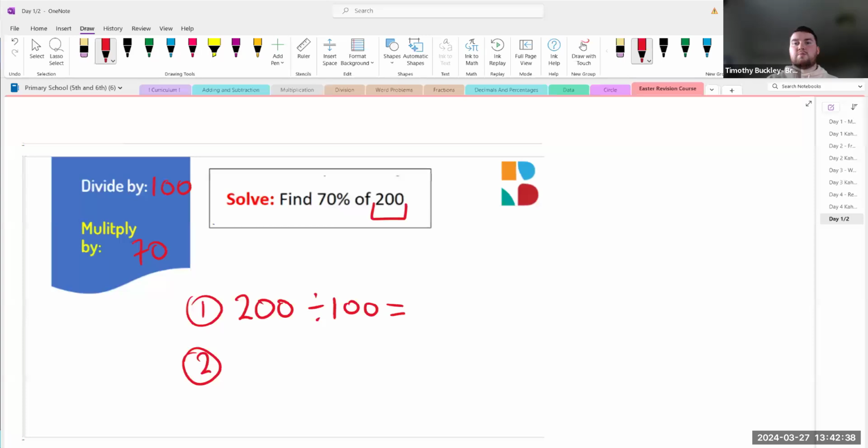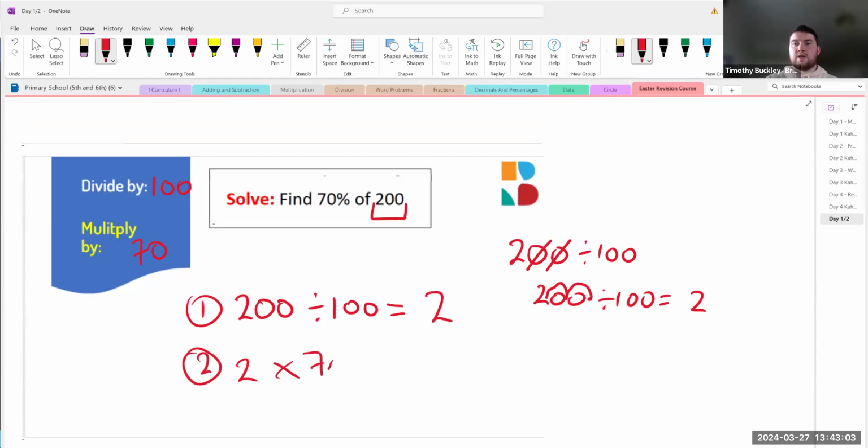So 200 divided by 100 equals 2. So again, you can think about it: 200 divided by 100, you're canceling off your zeros, or you can also think about that you're moving your decimal point. So the decimal point is here, moves between, moves again. So the answer is 2. So now we've got 2 multiplied by 70, and that will equal